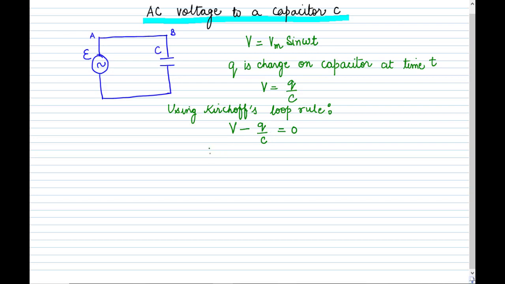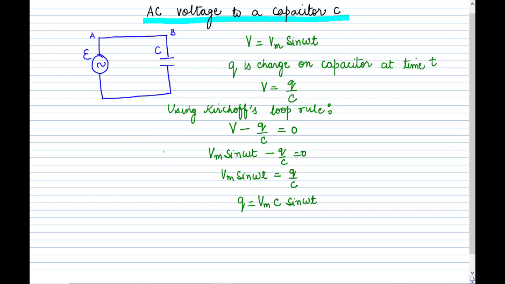Or instead of V, we can write the value. V is equal to Vm sin omega t minus q upon C is equal to 0. This is one and the same equation. So if we take q upon C on the right hand side, then we'll have Vm sin omega t is equal to q upon C. Or q is equal to Vm into C sin omega t. Why are we doing this? Because we want to find out the relation between the voltage and the current,